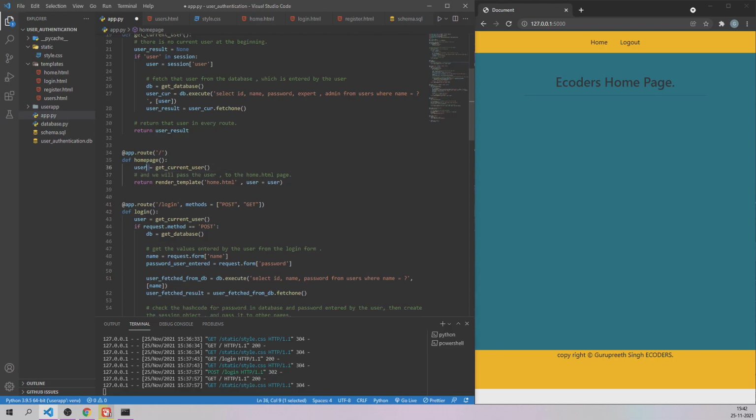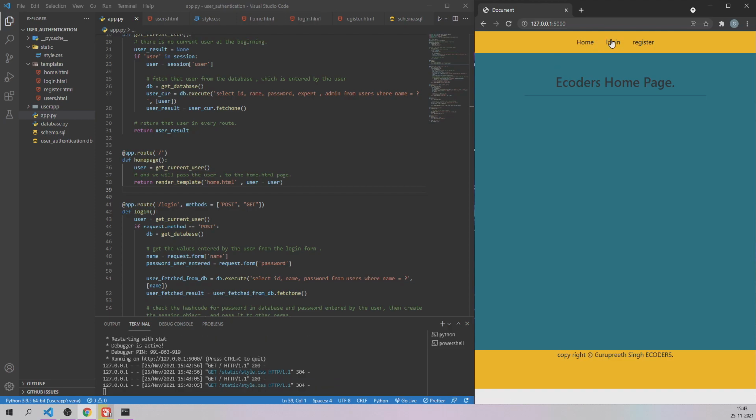Okay, and once we have got the user from the get current user function, we are going to navigate to the home page, and the user we are going to pass like this. This user variable we are going to pass as a user variable itself here. That is the only small change we are going to make in our application, and our application will work really fine. Okay, so let me just refresh my page. As you can see, we have this login page right now. Okay, and let's log in.